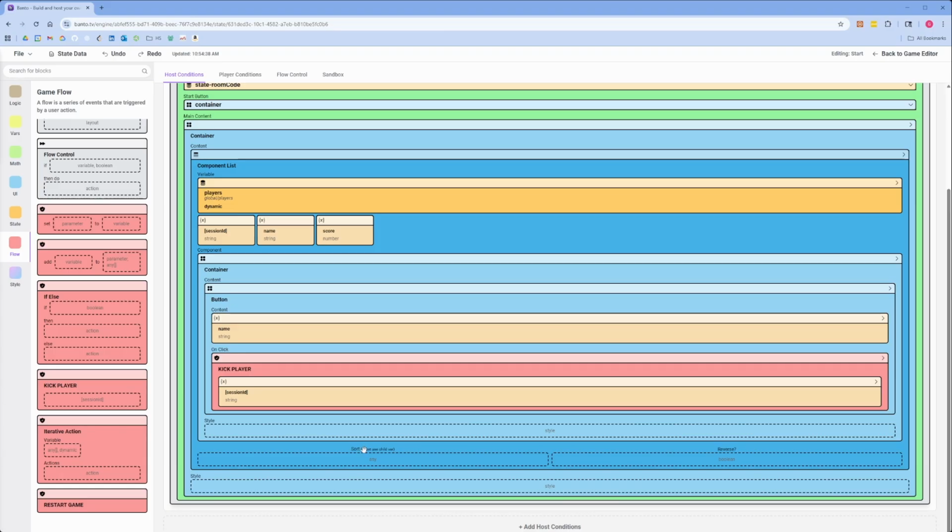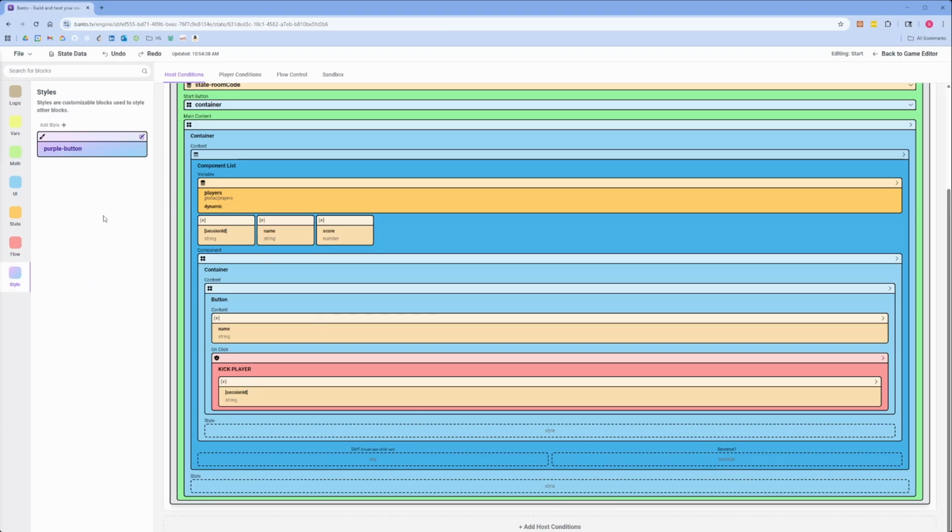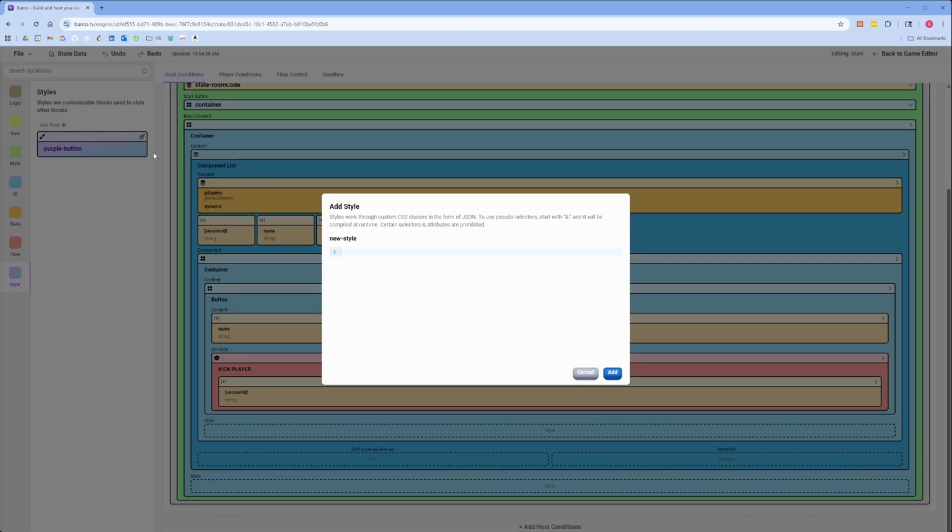Awesome. We can drop some blocks right here. Do we want to sort it? No, I don't think we need to sort it, and we don't need to reverse it either. Awesome. So let's first of all style the button we'd use to kick the player. So let's create a new style, and let's call this maybe strike through button. And I actually have some CSS already loaded up,